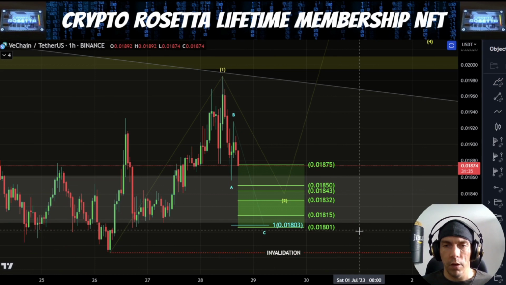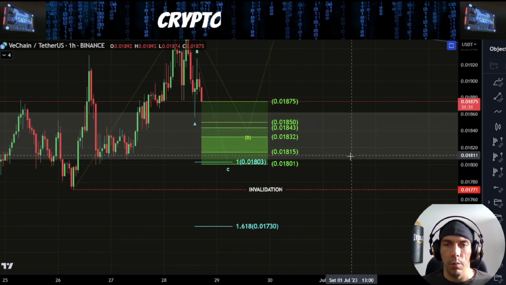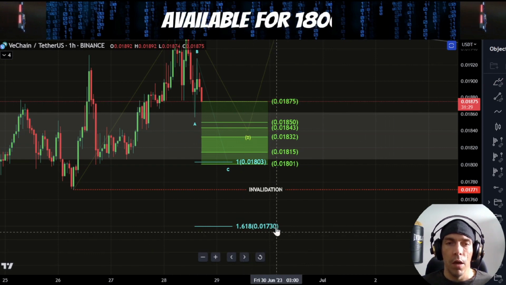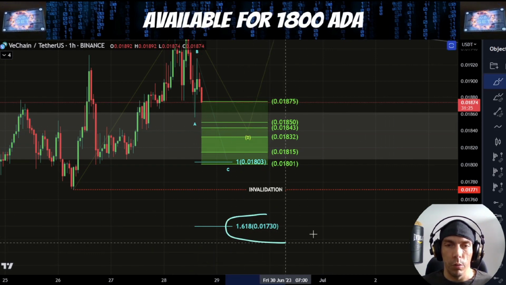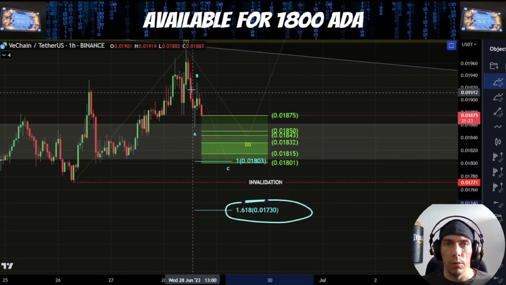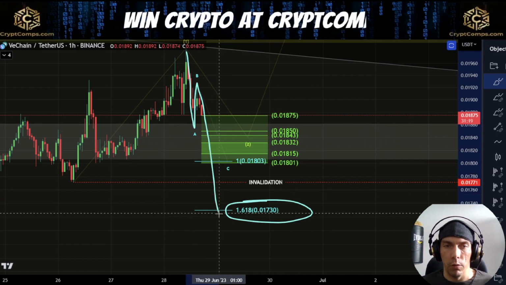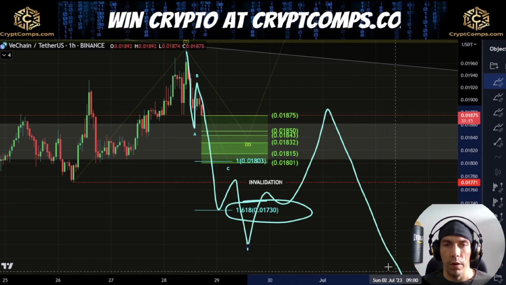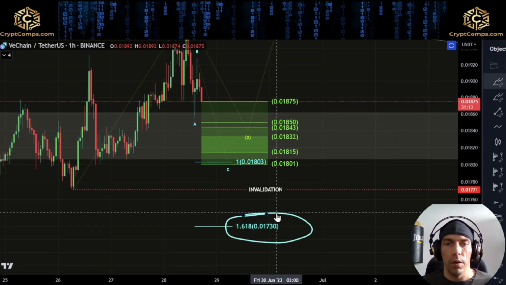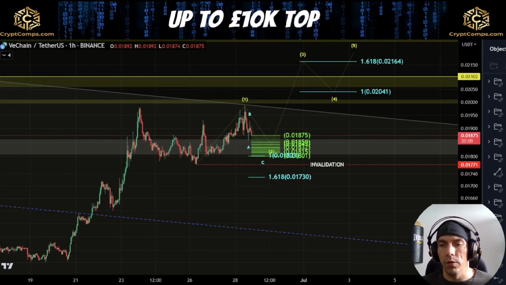Now, if we do look to actually break down below this and we lose this 1771, it would be more likely that we're looking at that other alternative where we're either looking to break down in a bigger way, particularly if we hit this 1618 here. This would not be good for looking for this extension, because this would be indicating this would be 1, 2, 3, 4, 5, in which case we'd be looking for another 3-wave move and a 5-wave down, which would be looking potentially to push down deeper into that target box area.